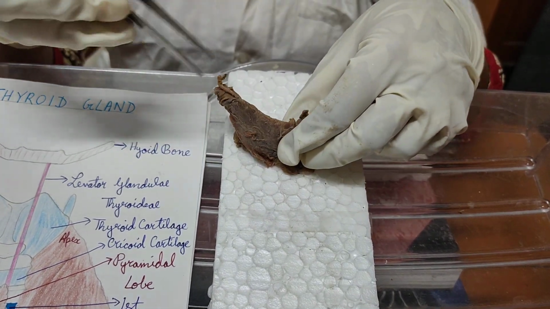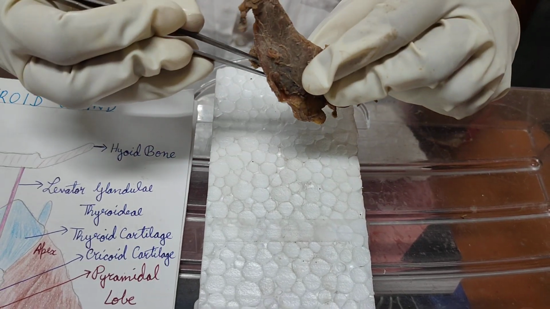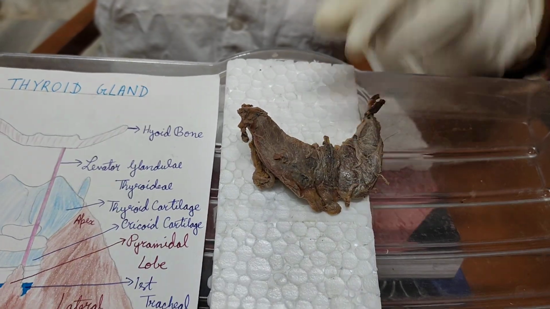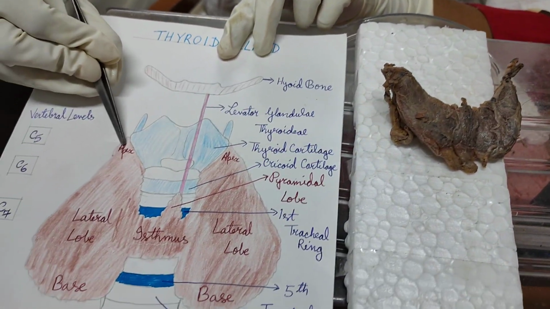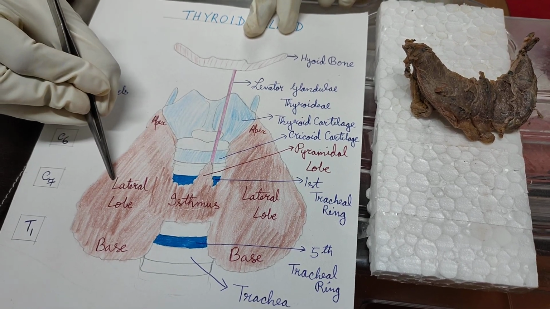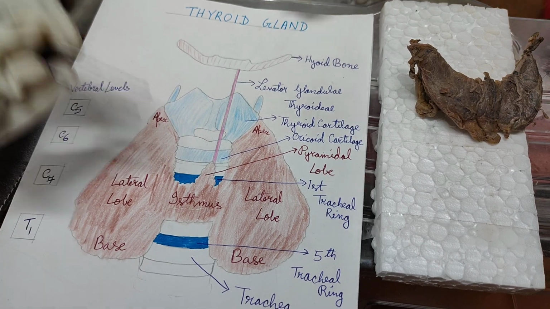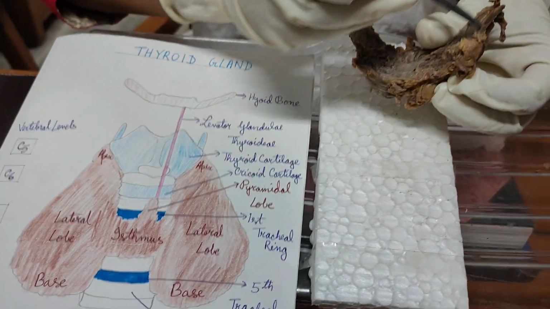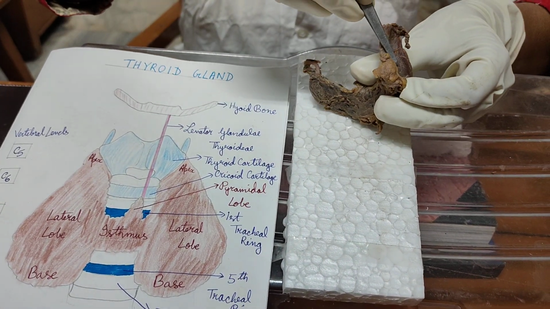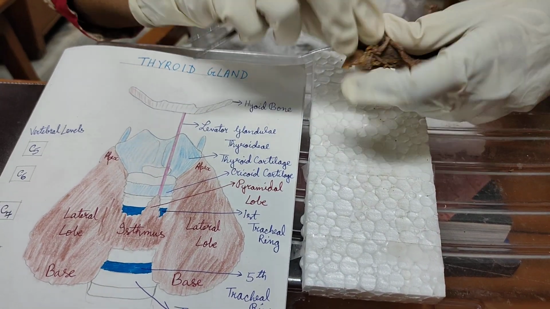This pyramidal lobe consists of an apex as well as a base. So if I grossly see the structure, there is the apex, base. This is the superficial surface or anterolateral surface. This is the anterior margin. This is the posterior margin, posterolateral surface, and this one is the deep surface.